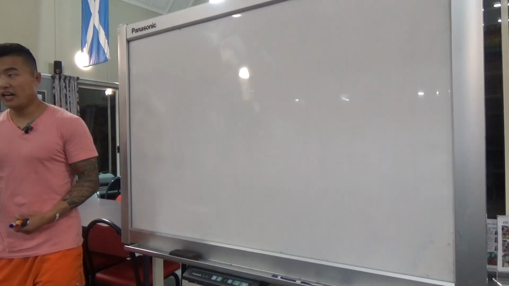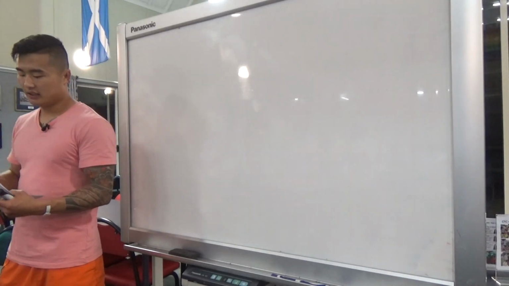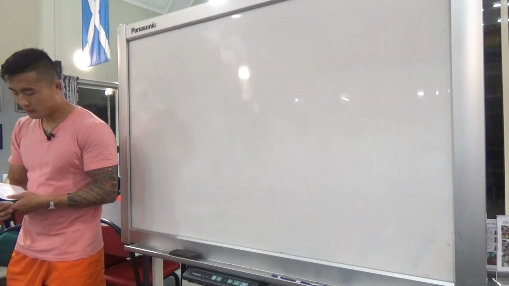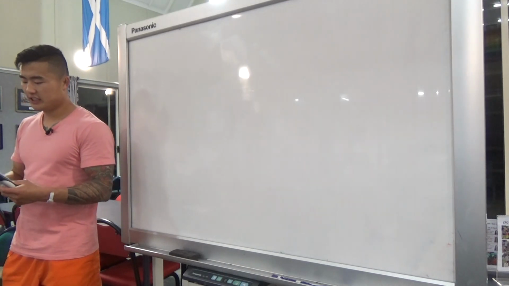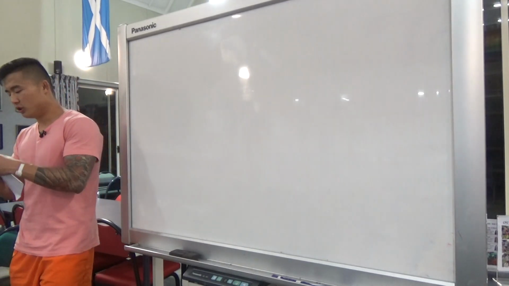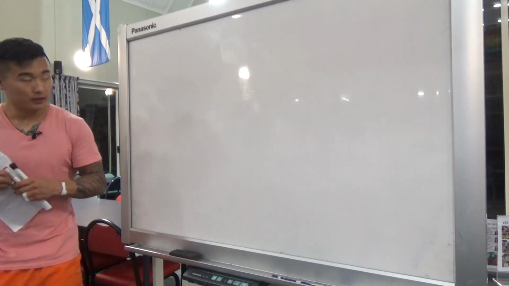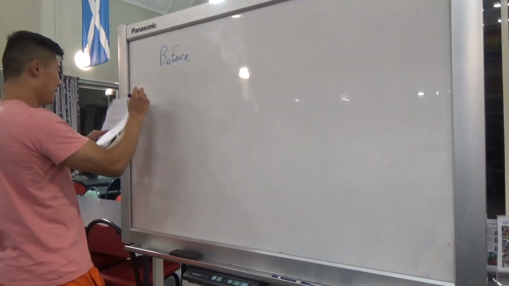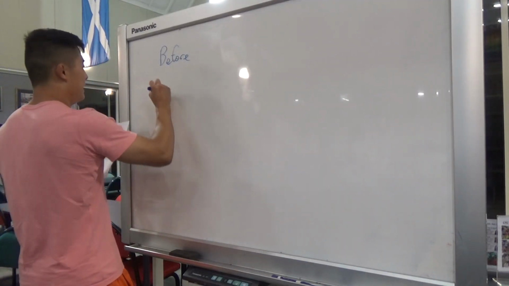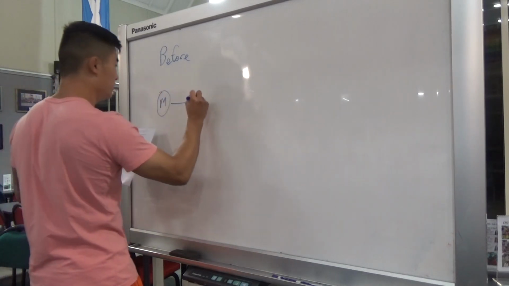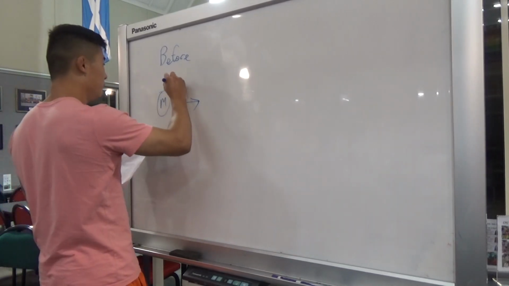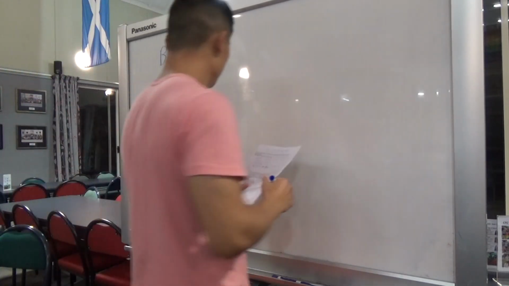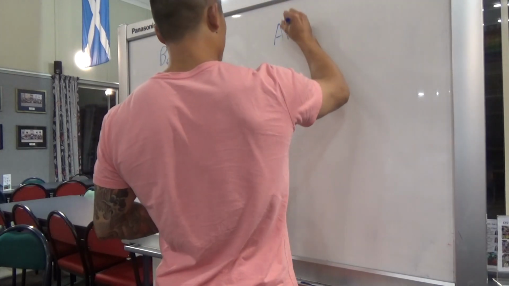Okay, so question 5 is continuing on from the last question. So it's using the information that we got in the last equation. So what is the average force exerted on the metal ball by the wooden ball during the collision? So before the collision, our metal ball was going at a velocity of 1.2 meters per second. After the collision,